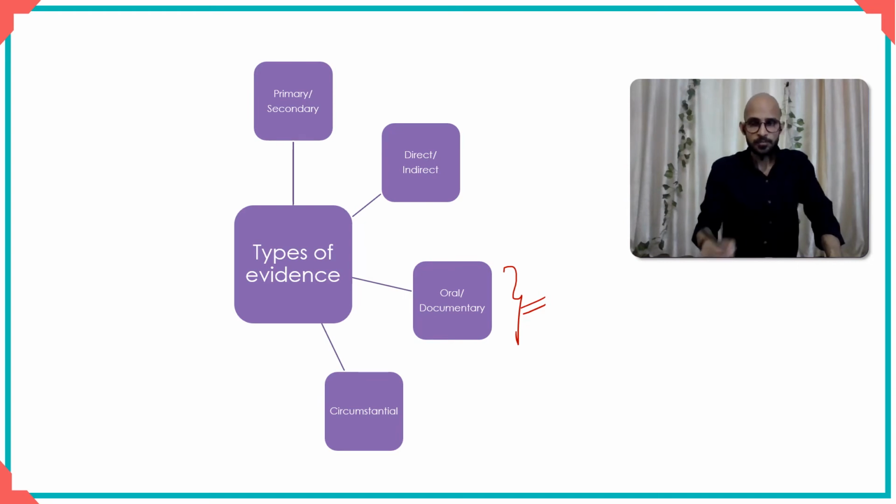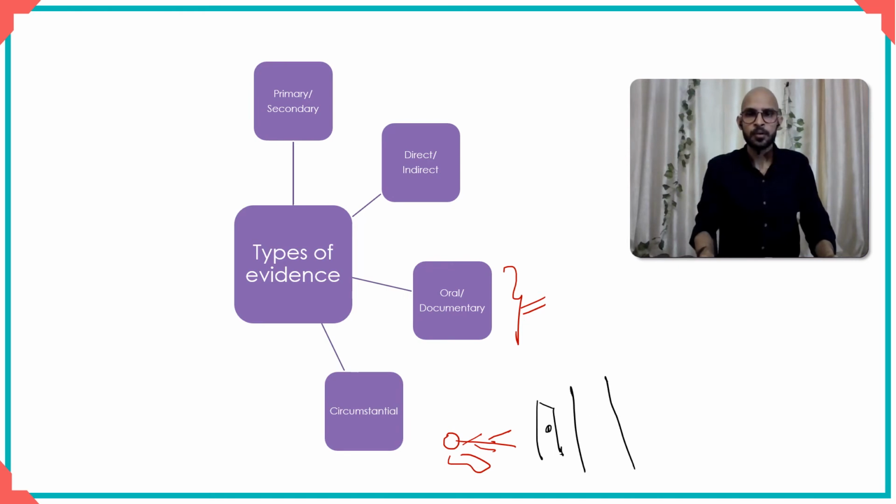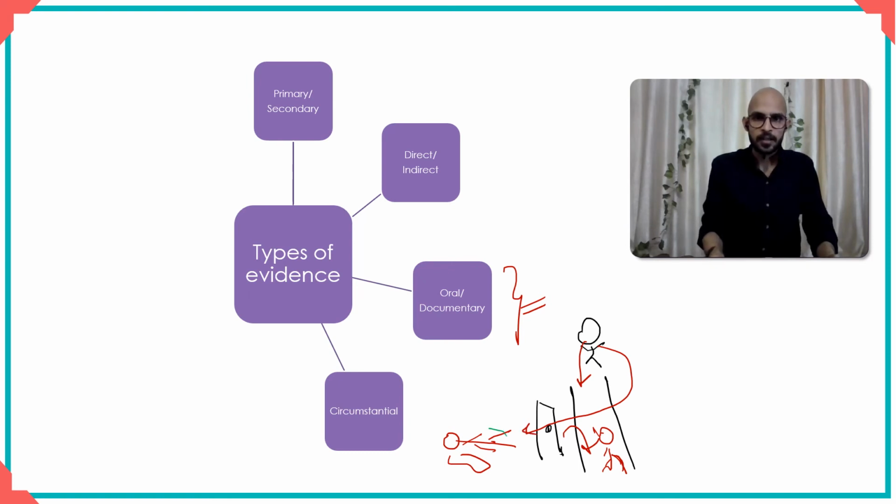Now, in terms of circumstantial, you can think of circumstantial as being another kind of indirect evidence. Let me tell you how. Let us say there was a person who was found dead in a certain room. This room was of course locked and there was a door, and now there's a person standing on, let's say, the passage outside this door. Now this person sees one person running away from this door. Now he goes into the room and then he finds that a person is lying dead.